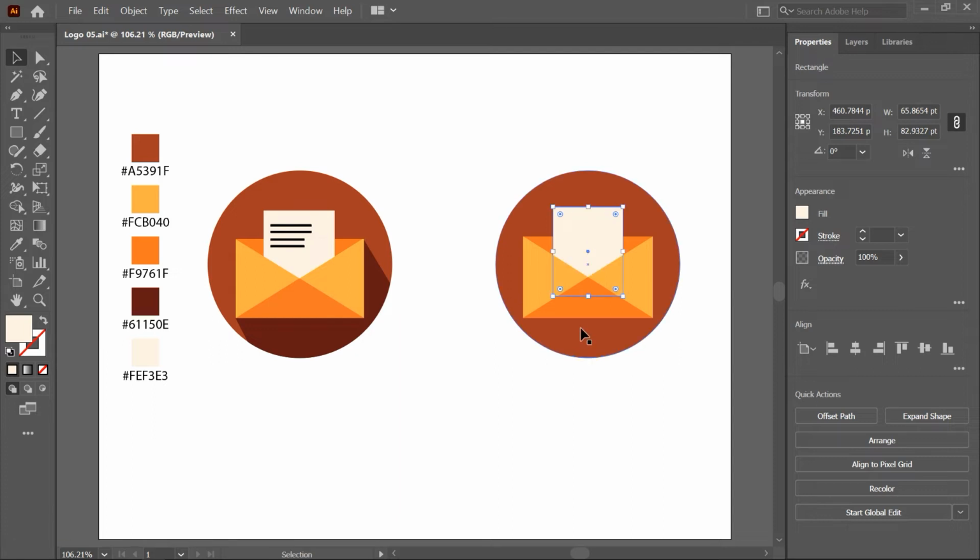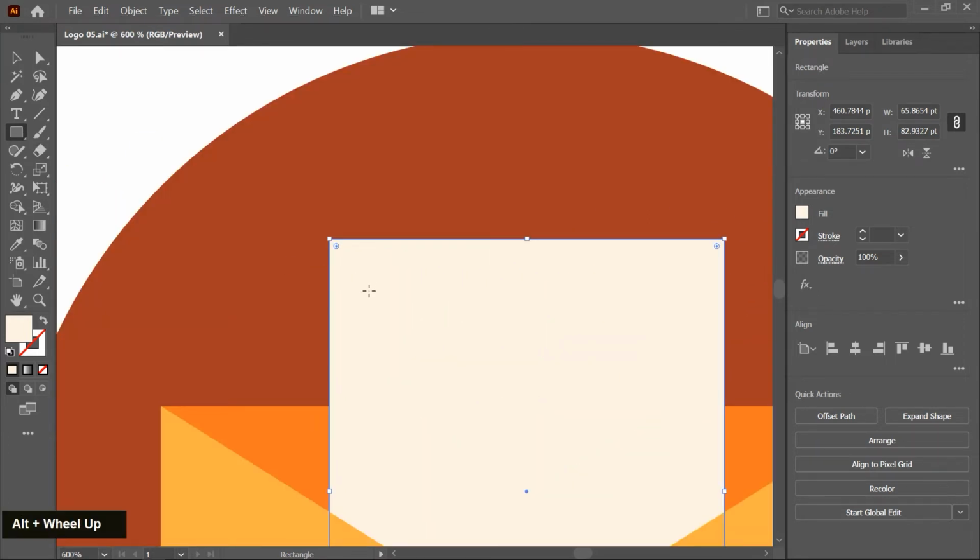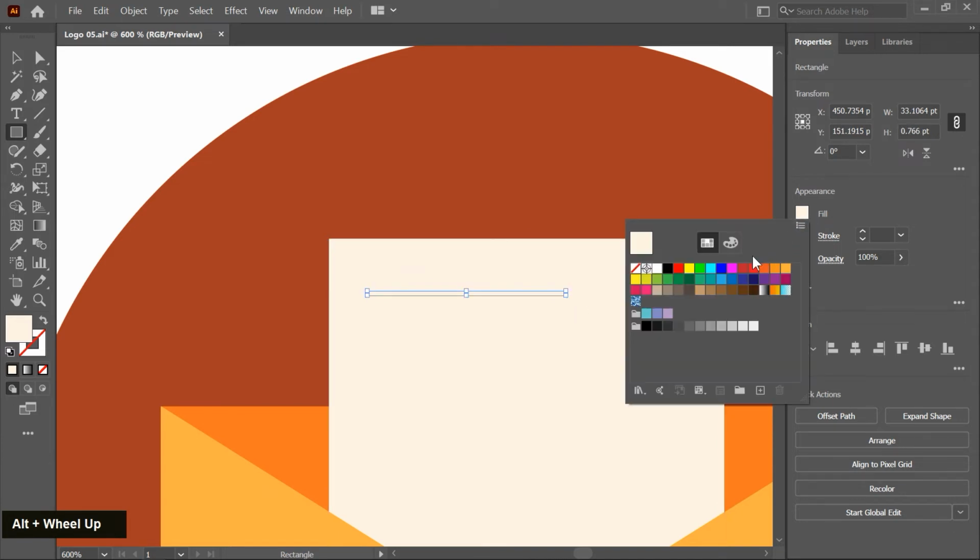Okay, now I create these text lines. So I choose the rectangle tool, or you can also use the line tool, but I prefer to use the rectangle tool, and create some lines here and fill with black color.